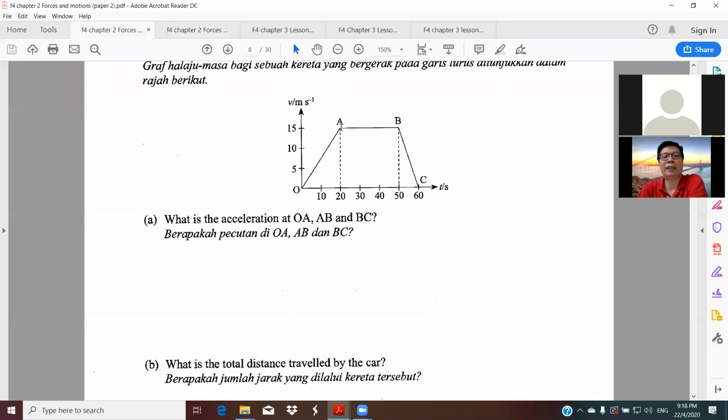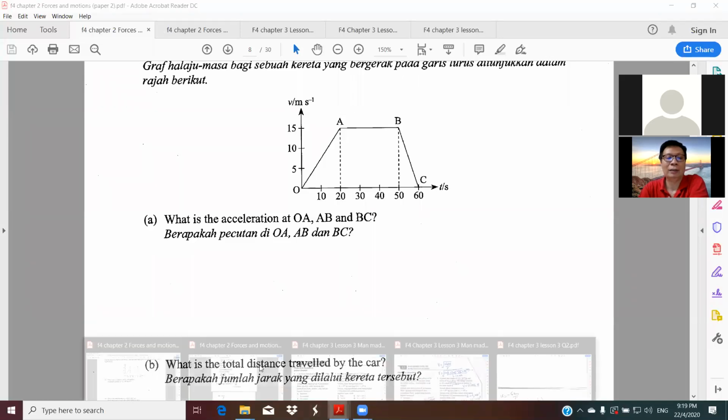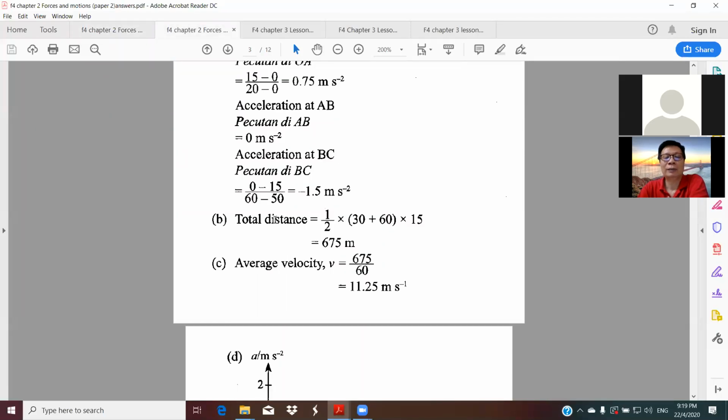Okay, trapezium. Now you take here and here, right? And the height. That's why you get the answer here is 30. Here is 60, right? And then the height is 15. That's why the answer, trapezium, mark the whole diagram: 1/2 times the sum of parallel sides, one is 30, the other one is 60, times the height, 15. So you get this answer,